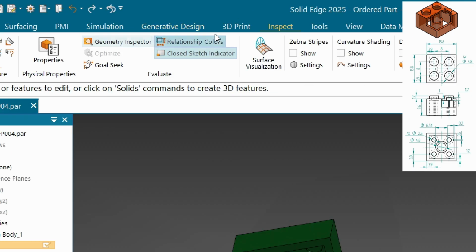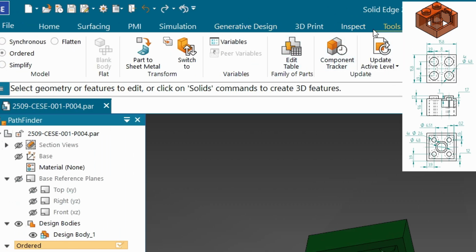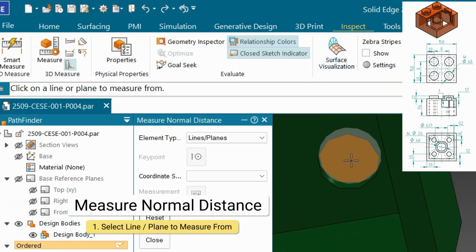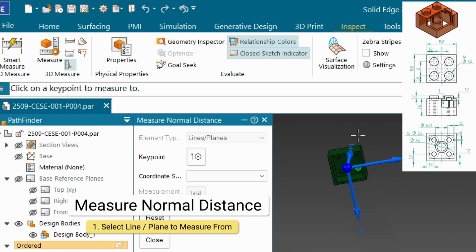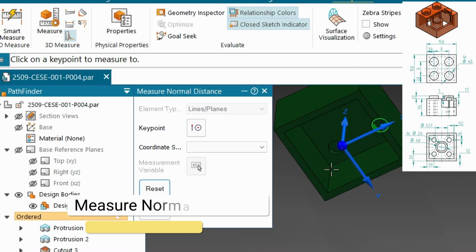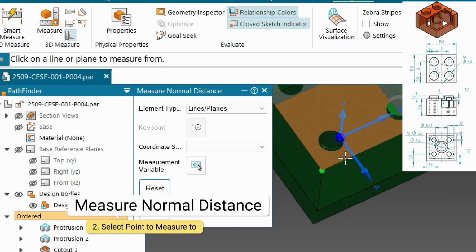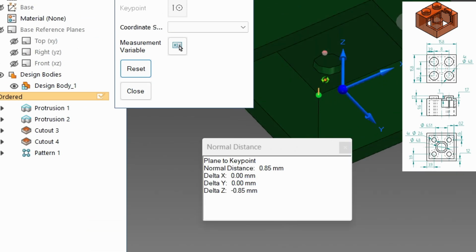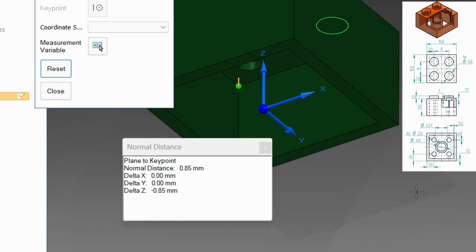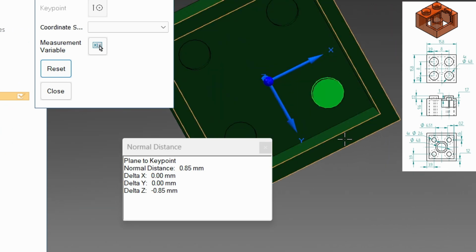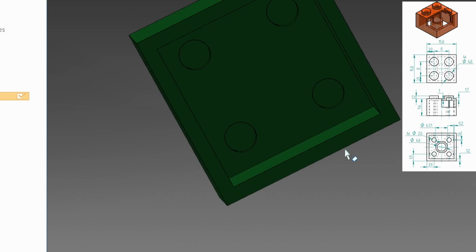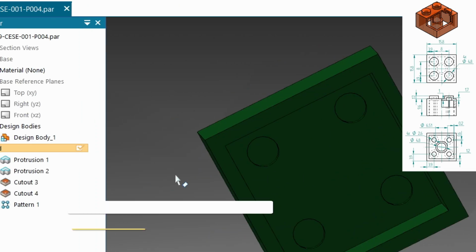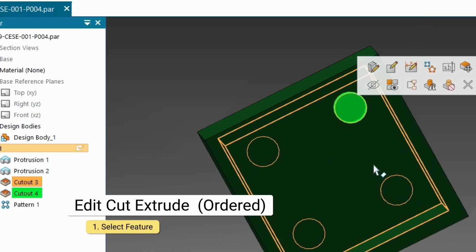And just to confirm, we're in the inspect, and I'm going to click measure normal distance. Select any one of these because they're all changed now. That's from the cut to the face, and the distance is 0.85. That's wrong. Okay, so what went wrong there? Okay, let's take a look at that. 0.85 is a suspicious number. 0.85 is half of 1.7. So I suspect what I did wrong there was it was a symmetric